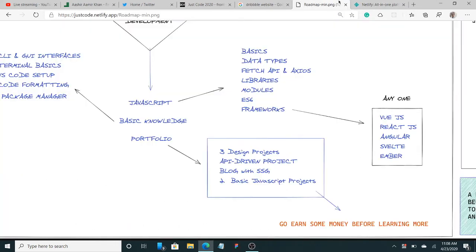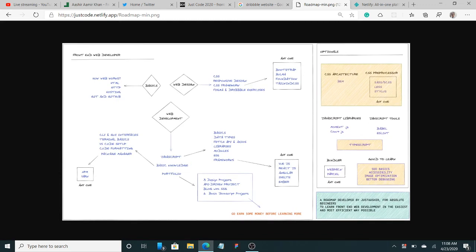Okay, so yeah, my initiative is to teach you the basics, then make you a web designer, then make you a web developer, and you end up with a job ready portfolio, and then you go earn some money. That's all. And there are some optionals. I will not focus on these. I will teach you this, but I will not focus on it. You can skip this, you can learn this later. But that's all you need to become a good front end web developer.